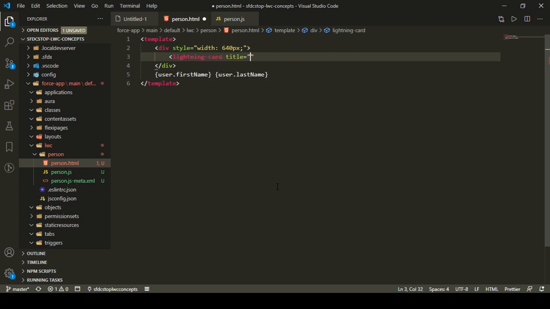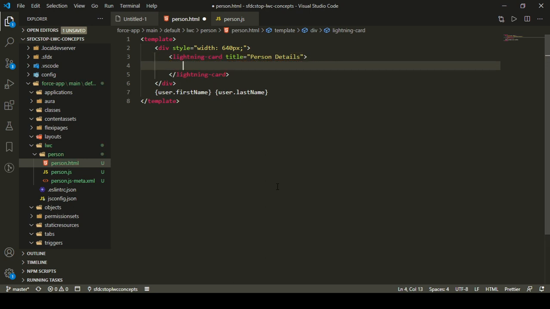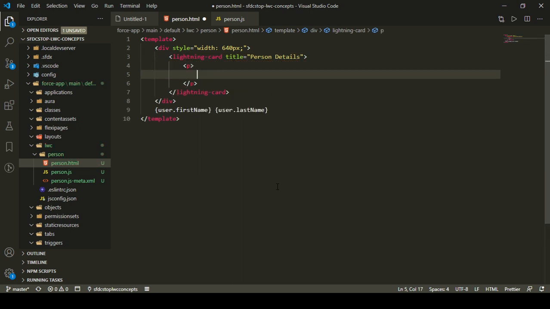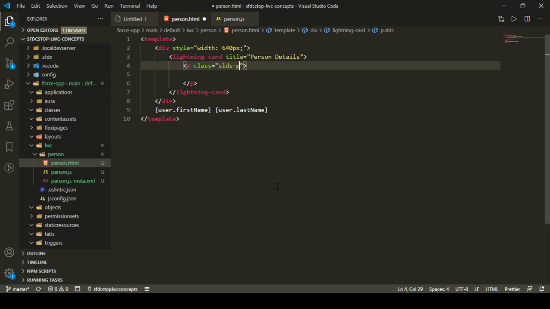and inside this div I'm going to create a lightning card, and this lightning card will have a title, person details. Inside this lightning card I'm going to have a paragraph with padding around it, so I can say slds hyphen p hyphen around underscore medium.